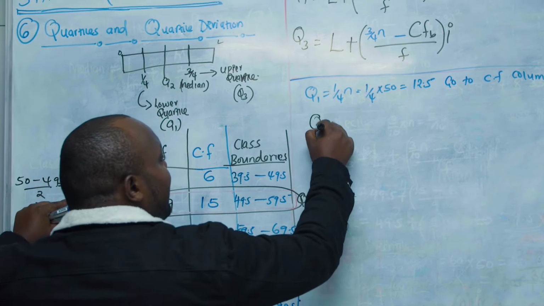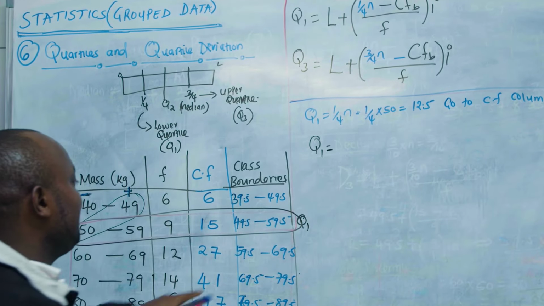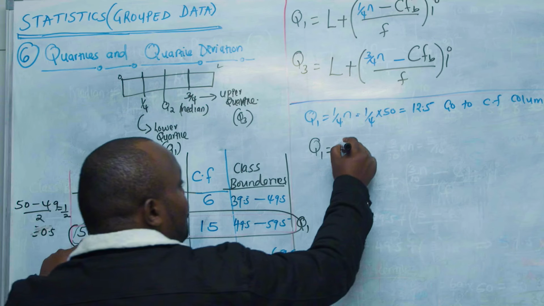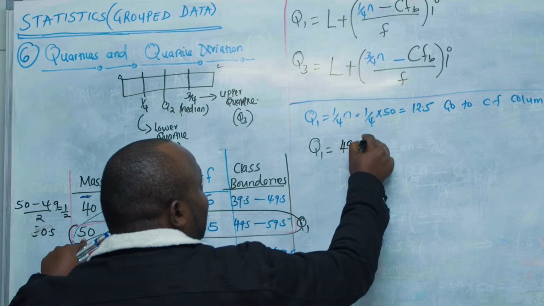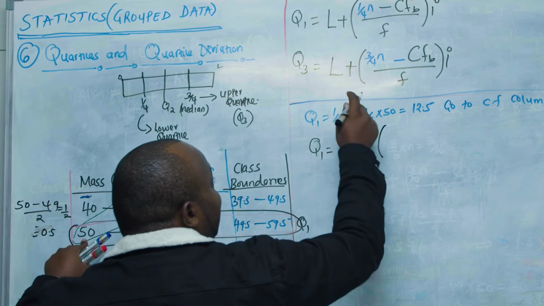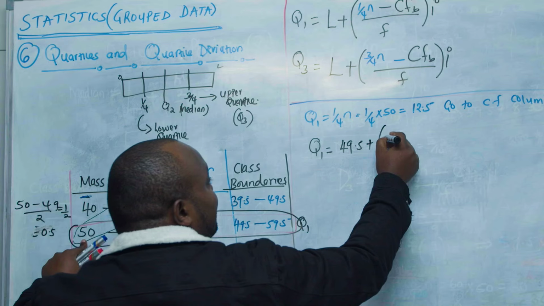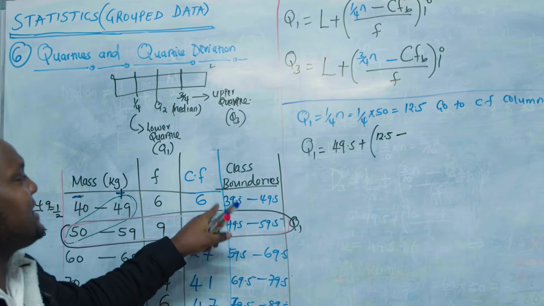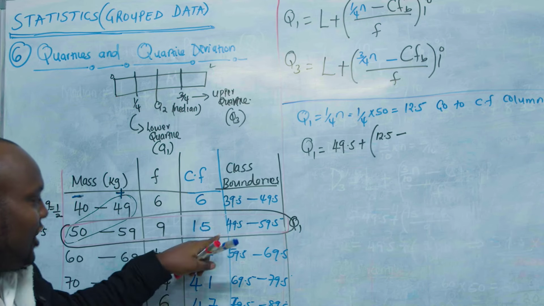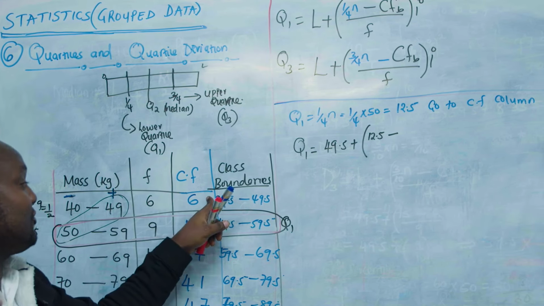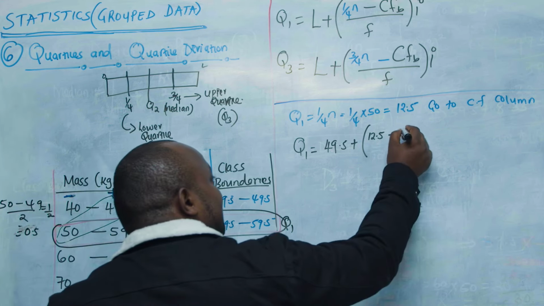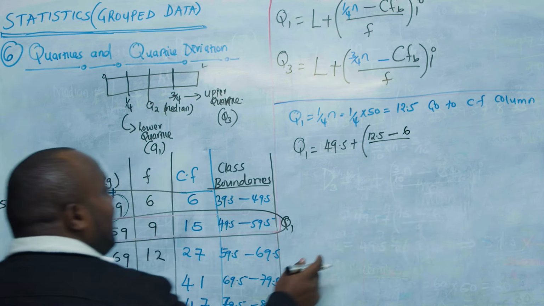So my Q1 will be equal to, what is the lower class limit? The lower class limit is 49.5. So it will be 49.5 plus, we said it is a quarter of n, we got 12.5, minus the cumulative frequency before, not this one, before. That's the only part that we don't use of this class. It is of before, which will be 6, all over